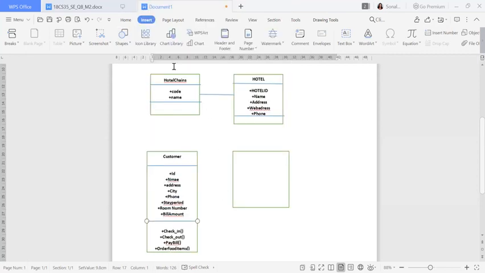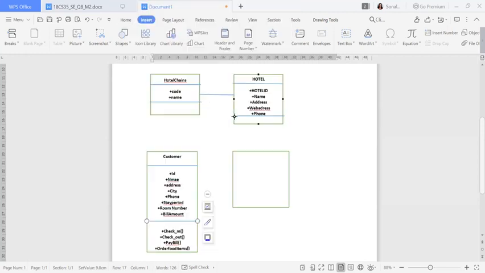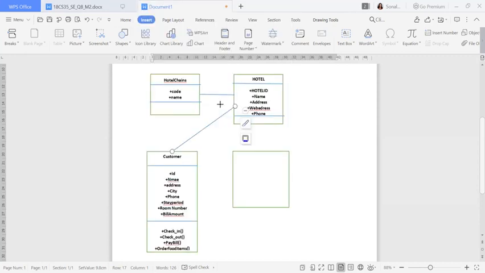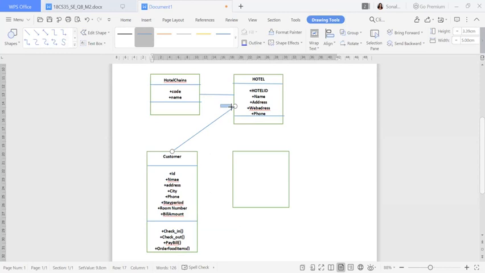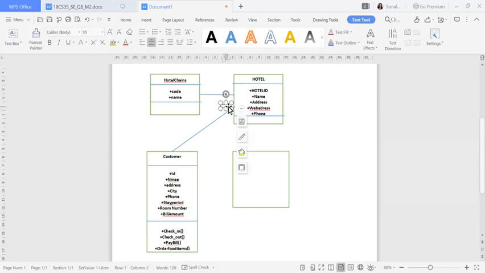So from where to where I should give the connectivity, I should give the connectivity from hotel to customer, right? Now next, if I want to add any relationship, I can add, I will add the relationship as star. Okay, many to many.